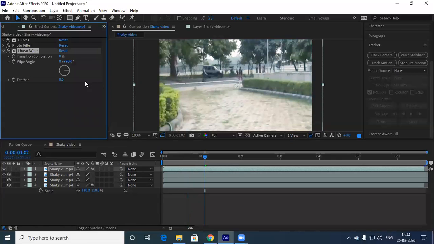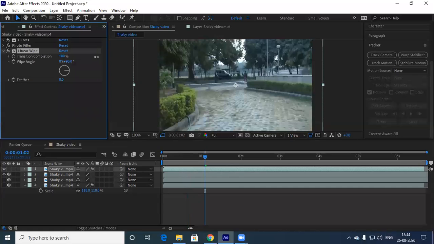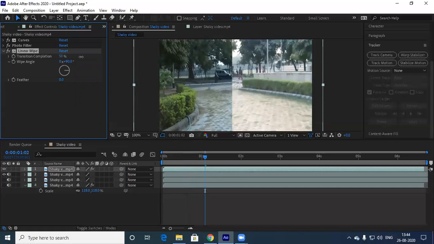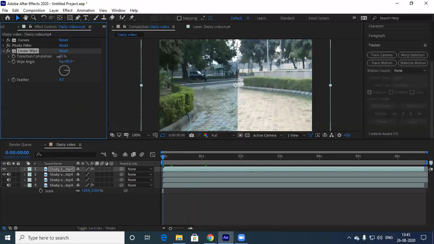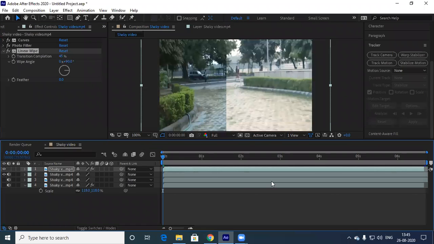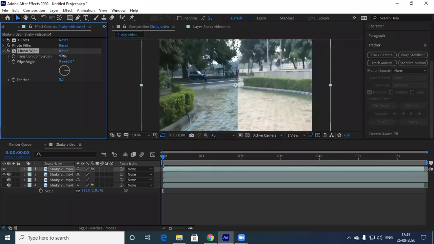Let me go to linear wipe, transition. Yeah, this is awesome. Go with linear wipe, guys. Let me do something like this. Now let me play this. Before and after, you will clearly get to know what the difference is.